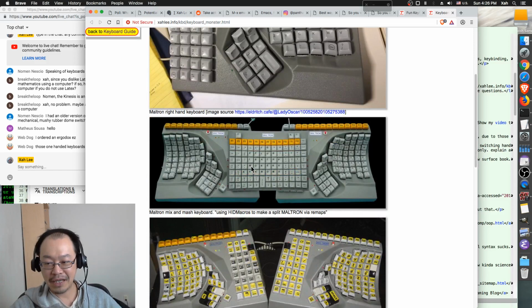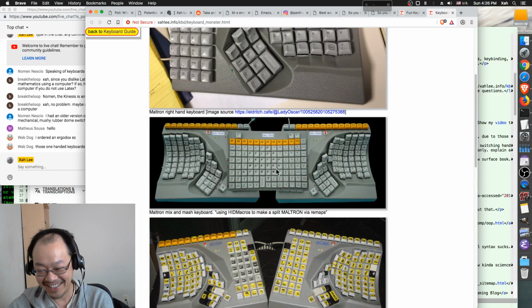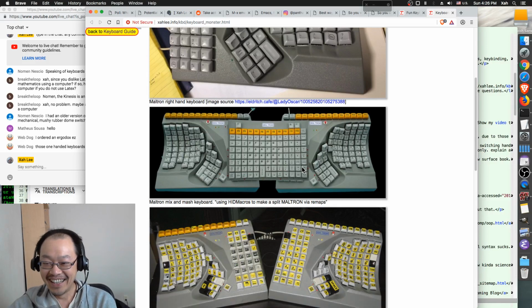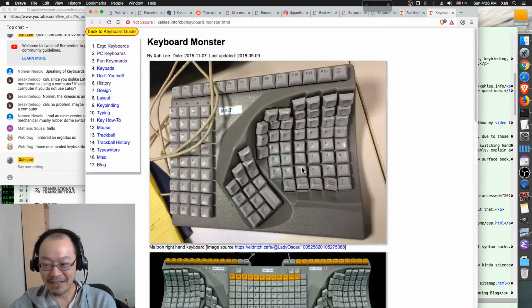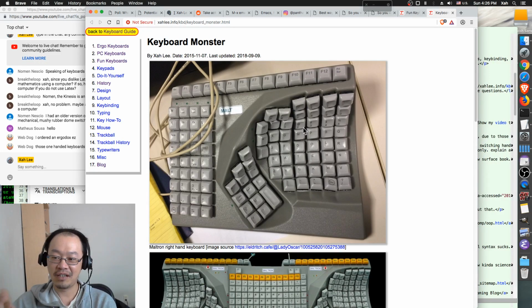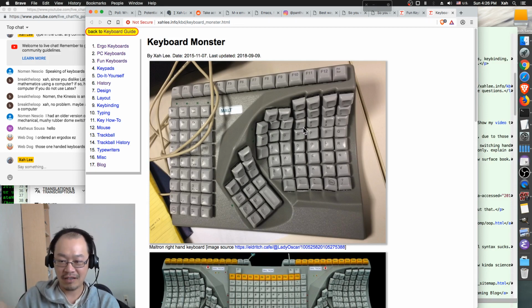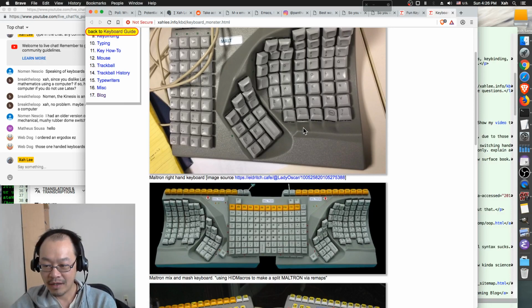But this guy put two of them together and another one in the middle. This is supposed to be a single-handed keyboard. Just on the right side, you have enough keys for all the letters. That's the intended operational use.